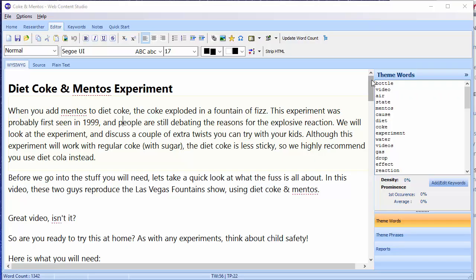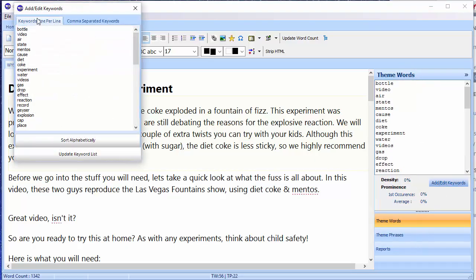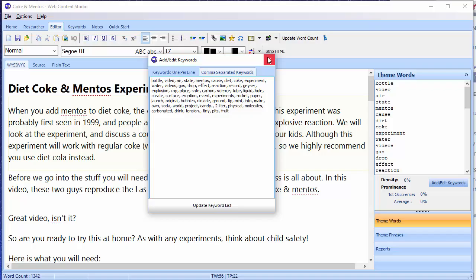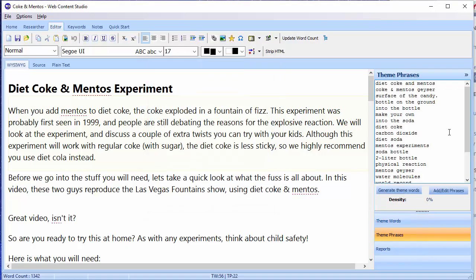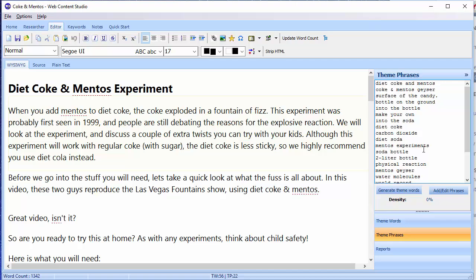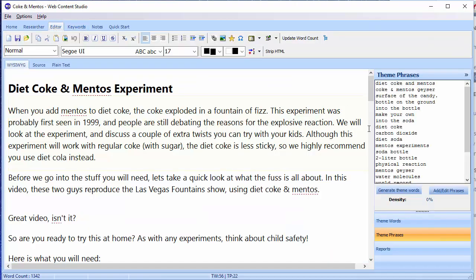So I've got my article here in the editor. On the right hand side you can see a bar which gives me theme words and theme phrases. These theme words and phrases you can actually manually edit by using the add edit keywords, and you can edit them one per line or get them comma separated if you want to. Same goes for theme phrases. The only difference between a theme word and a theme phrase is a theme word has one word, a theme phrase has more than one word. Okay, these weren't actually entered manually, they were entered on the keywords tab where I actually used the keyword spider